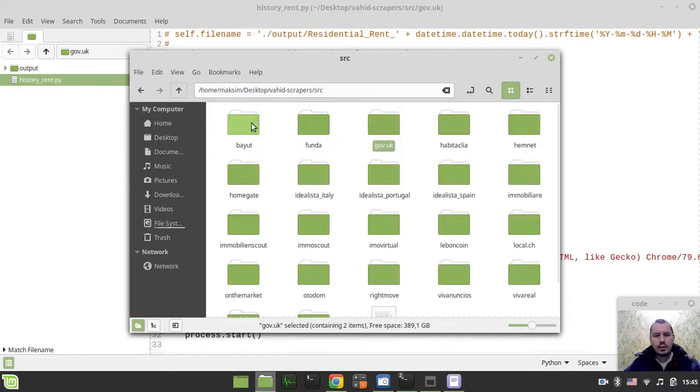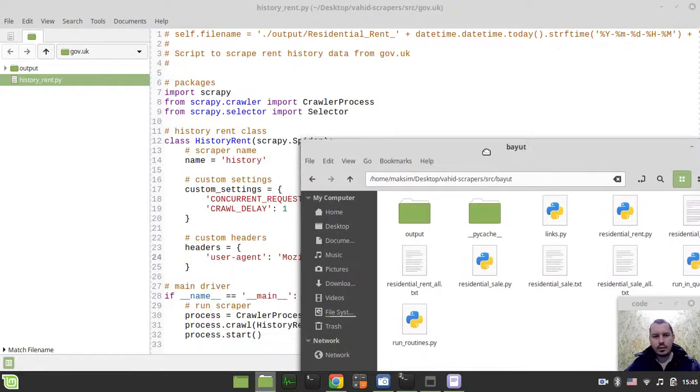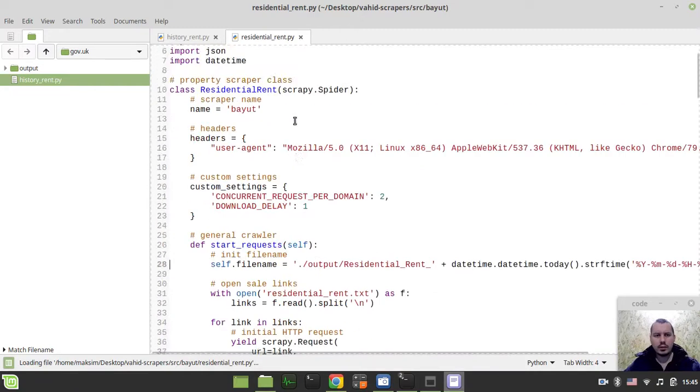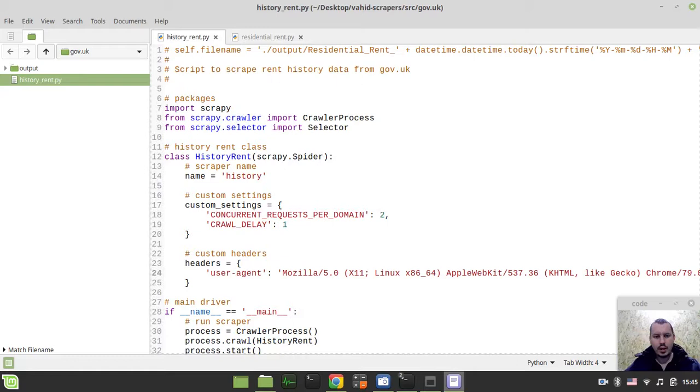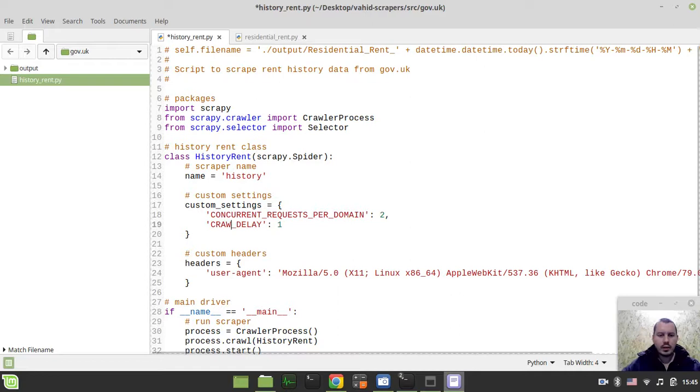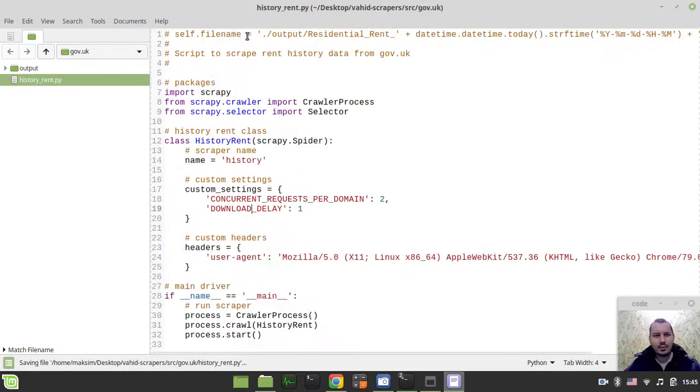Just hold on a sec, guys. I just want to make sure that I didn't forget how these custom settings are done. So custom settings, concurrent requests per domain, download delay. Oh, sorry, I filled something wrong. It's not called crawl, it's called download delay. I was reusing this code so many times that, to be honest, I just forgot the setting name. Okay, we got the headers,